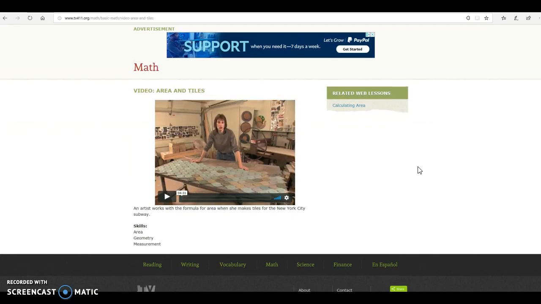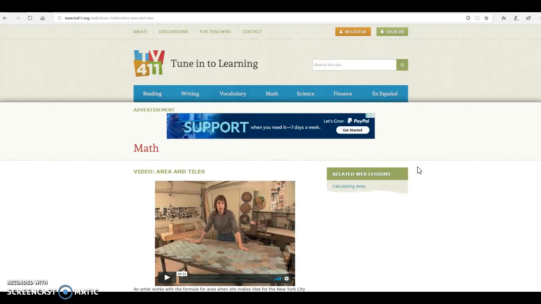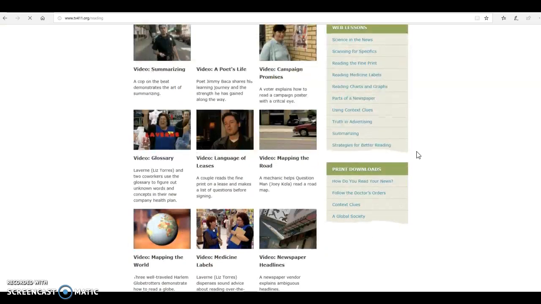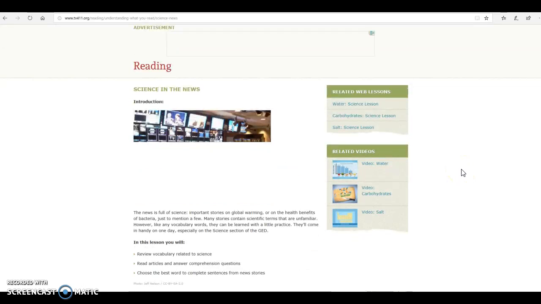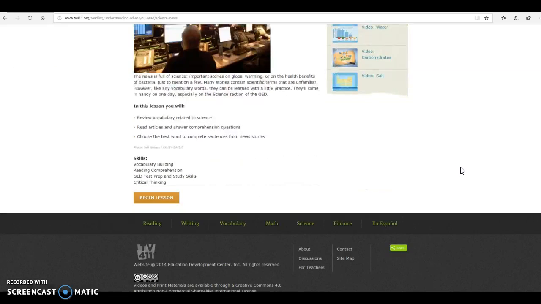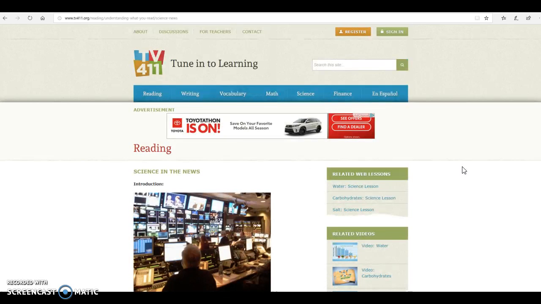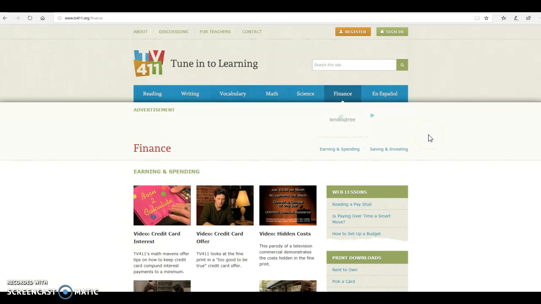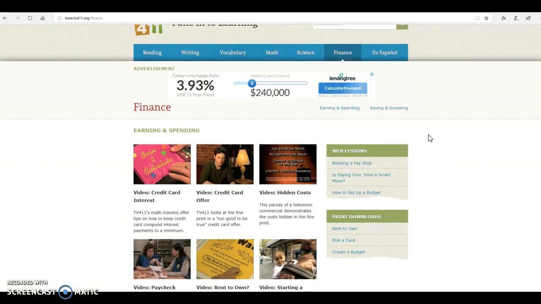This is also a good tool to share with colleagues. It can be utilized, as you can see, there is information in every single one of the content areas. It doesn't just have videos on it, it also has lessons that you can use with your students, as well as articles that pertain to a lot of what we might be working on. Specific areas that might take us beyond just GED preparation, but into the world of adult basic